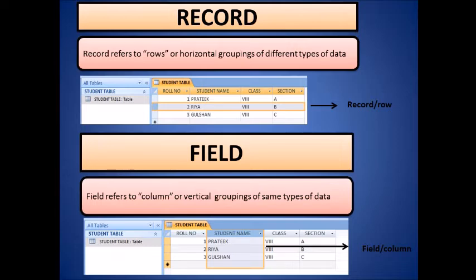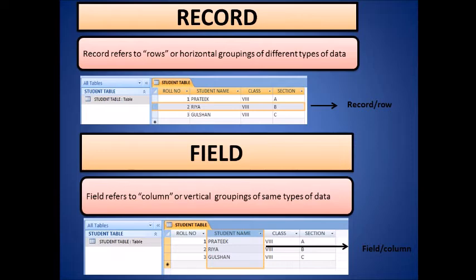It has 3 records, meaning roll number 1, 2, 3 and student names Pratik, Riya, Gulshan. So one record, if we say, is of the second roll number whose name is Riya, who studies in class 8th B. So this makes a record, and all these cells contain different types of data, so it is a row.